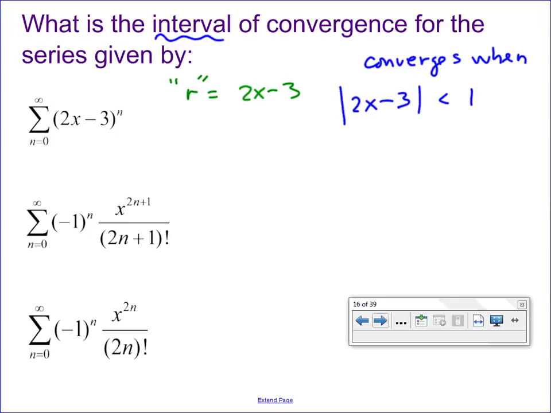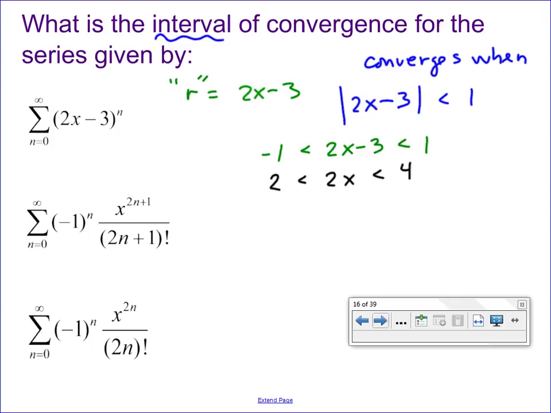Depending upon how you'd like to simplify that, we could factor out a 2, bring that 2 out front of my absolute value bars as a positive 2, and divide to get my radius of convergence. But since we're asked to find the interval, we may as well go ahead and break up the bars and go all the way. So my interval of convergence is given when -1 is less than 2x minus 3 is less than 1. Adding 3 to all 3 columns produces 2 is less than 2x is less than 4,